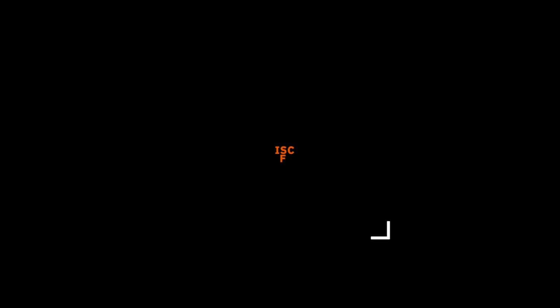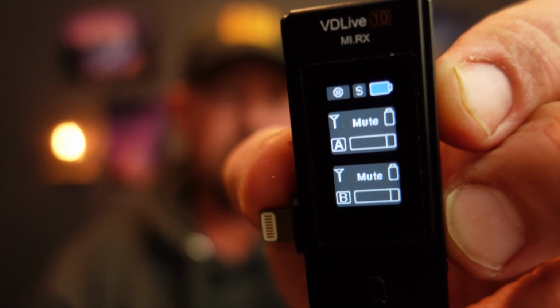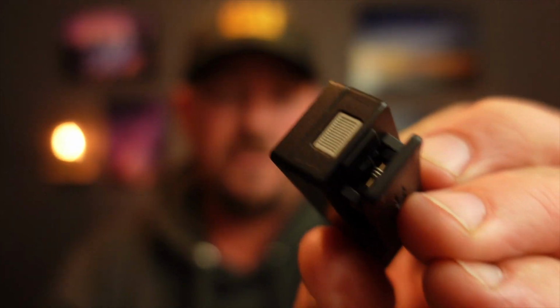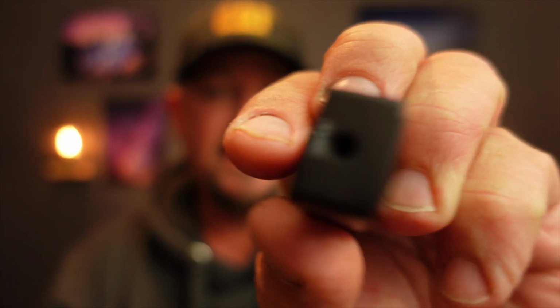Miscellaneous information. On the transmitter, it's also got a little display that's going to show you the channel that you're talking into, the battery level, and if it's mono or stereo, depending on the device that you have. On the transmitters, the microphone is at that end. On the other end, where I mentioned before that you could plug in a headset,